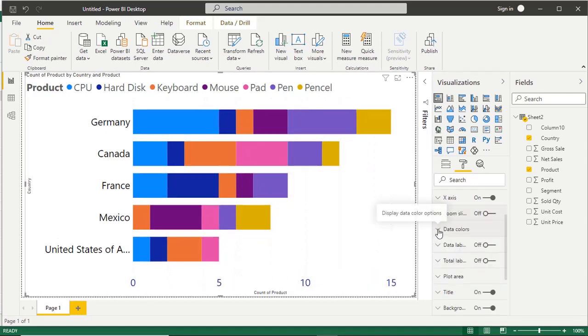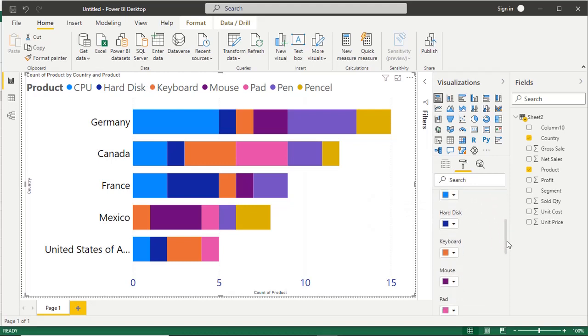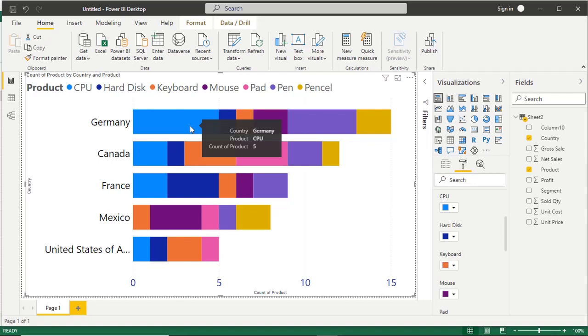Then we have the data colors. Data colors means the color for the different types of product, like CPU. If you hover on this one, this is the CPU.